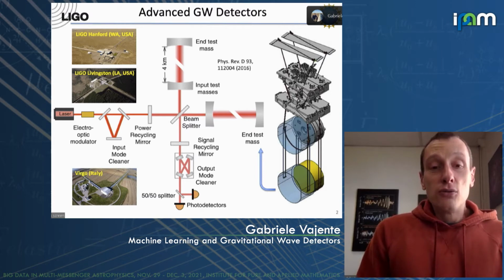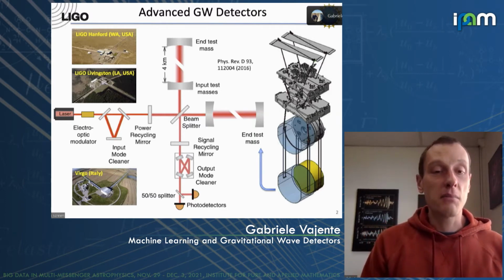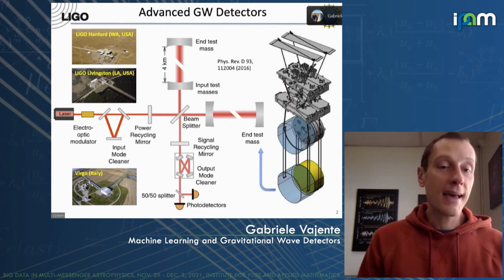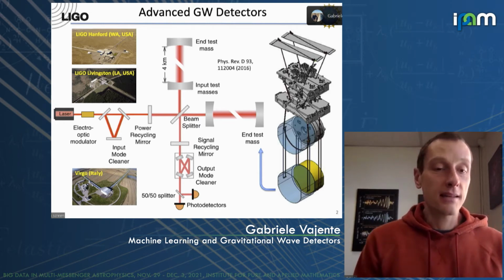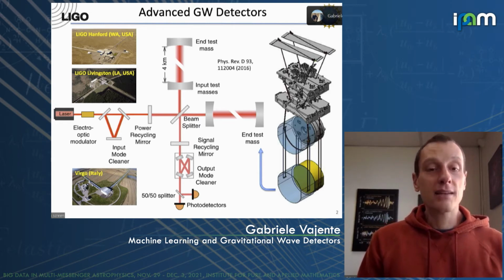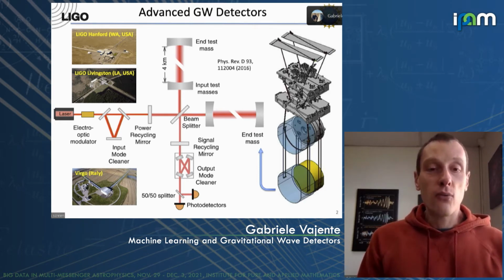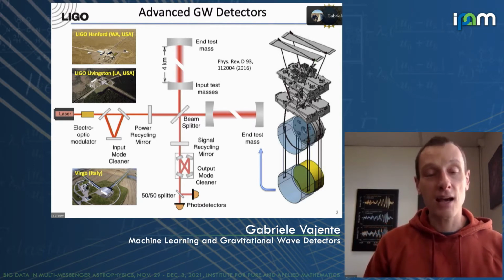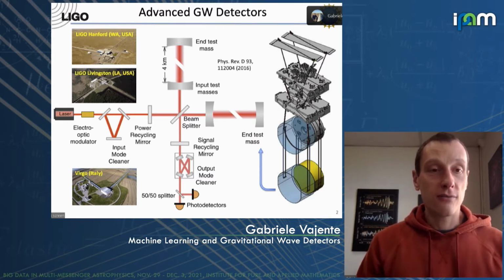So to reach the very low sensitivities that you need to detect gravitational waves, you have to use a bunch of tricks. So instead of having a simple Michelson interferometer, you have to add a lot of resonant cavities that are able to enhance the sensitivity of the instrument. But of course, you have to pay some prices. And the price you have to pay is that the complexity of the system increases significantly. And also, all the tricks work only when the distances between the mirrors, so the length degrees of freedom of your systems, and the angular degrees of freedom of your systems, are kept very, very close to the resonant condition,